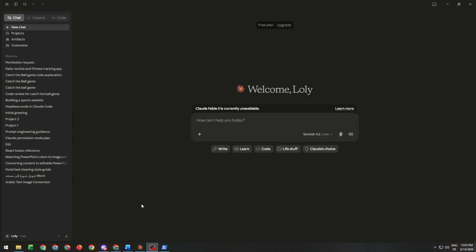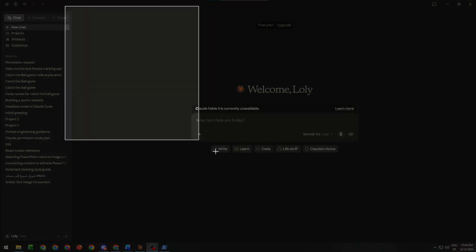In today's tutorial guys, I'm going to show you how to paste a screenshot into Claude Code. So it's very simple guys. You simply have to open Claude first, and if you are using Windows, you can take a screenshot either by using an application or by using your keyboard. By keyboard you simply have to tap Windows Shift S, and you could take a picture